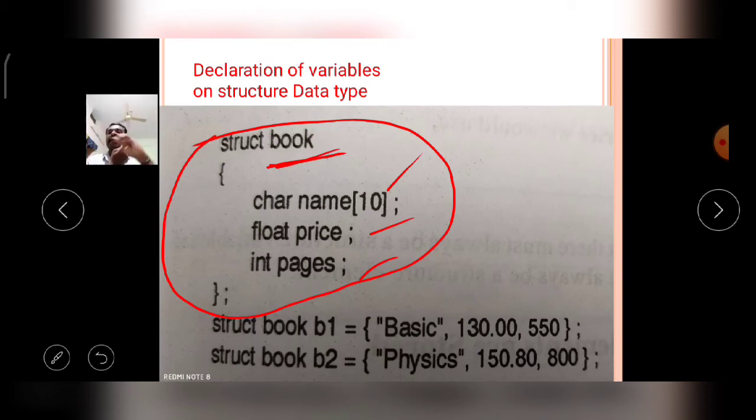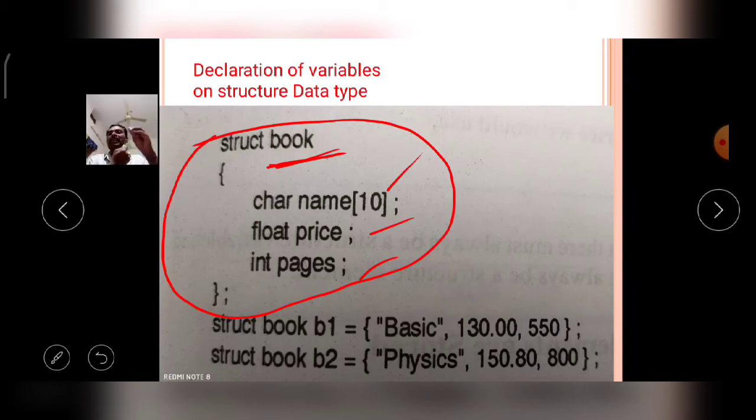Okay, like that, according to my requirement, according to the program requirement. The programmer wants to read the information about a particular book, or 1 or 2 books or 100 books, whatever it may be, according to his requirement.